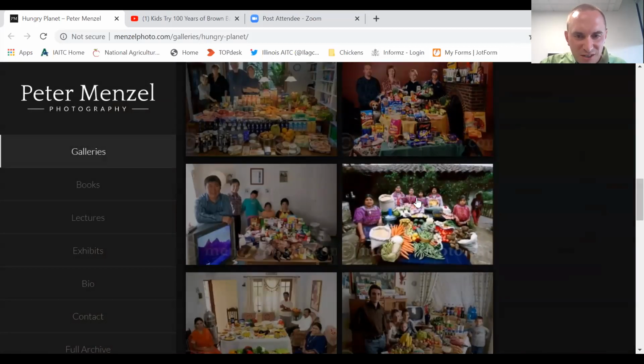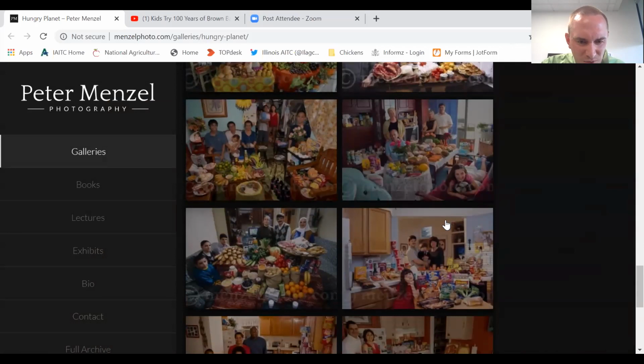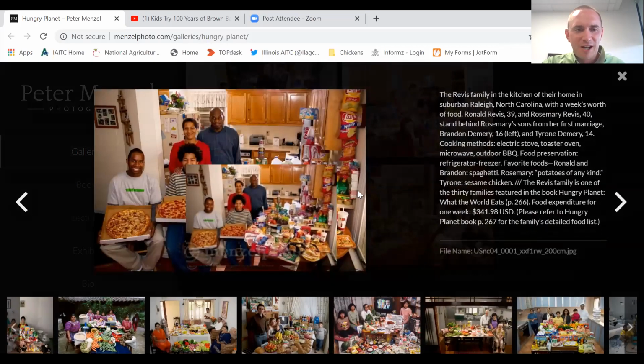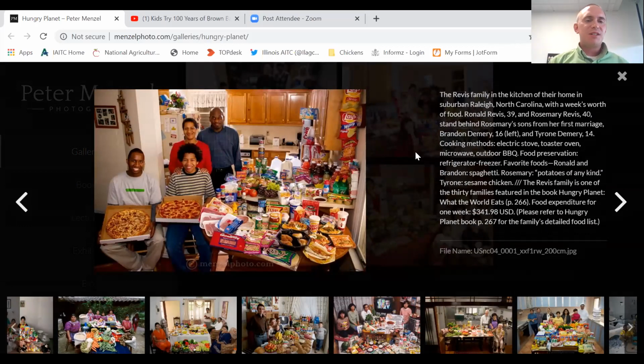All right, the last one I'll show you from here, just as a comparison, I'll show you one of the American ones. So here's the American family they highlight. And again, this book does a really nice job; obviously we've got a lot of processed food. They're clearly going and getting pizza, but they also talk in the story about this family that they're a super active family. They're involved in all these different sports and activities, and what they eat is kind of dictated by their busy schedule. And so they get more convenience food because they're doing so many active things in their lives. And so diet is so intrinsically connected to culture and to society in ways that I think we don't always appreciate. And so this is a great book to be able to highlight that with students and show them ways to better understand why we eat what we eat, but also why people eat what they eat